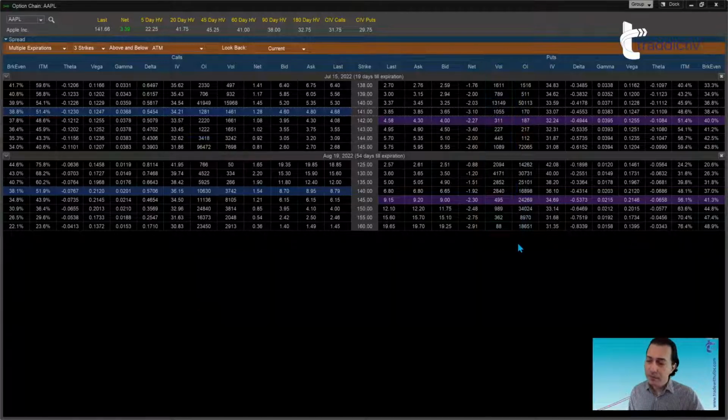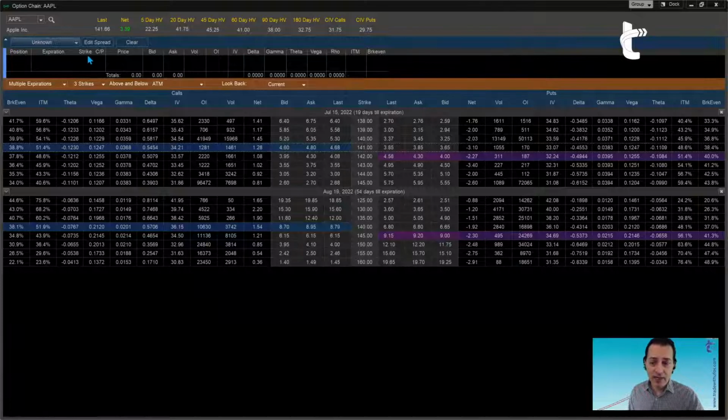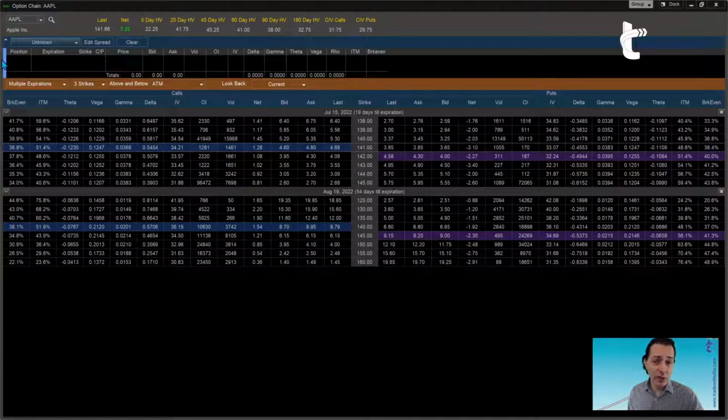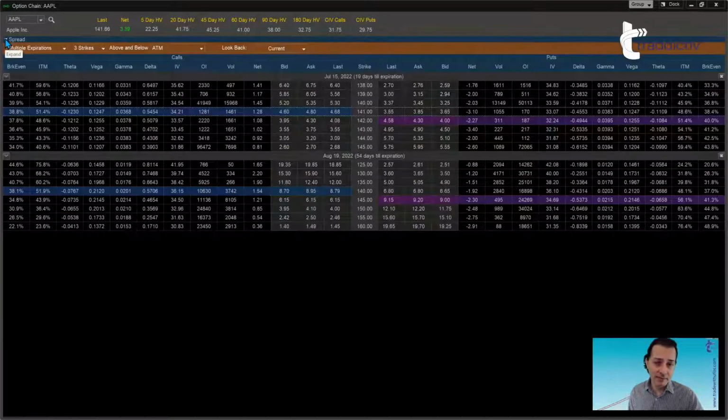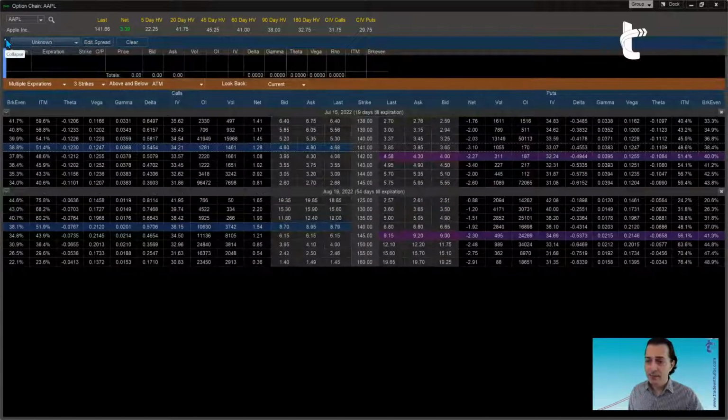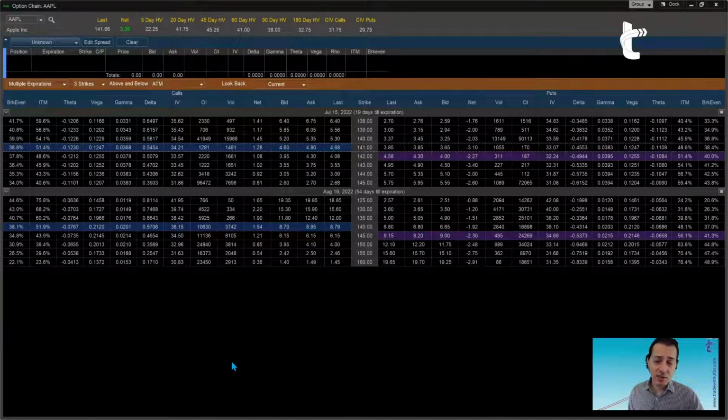So again, maybe you come to the option chain looking for some particular characteristic of the contracts or the asset you're about to trade. Maybe you are coming to the option chain with the intention of building a spread. And for that, we have a tool here on the upper part, which could be compressed and hidden. Okay. Again, different ways on how to look at it.